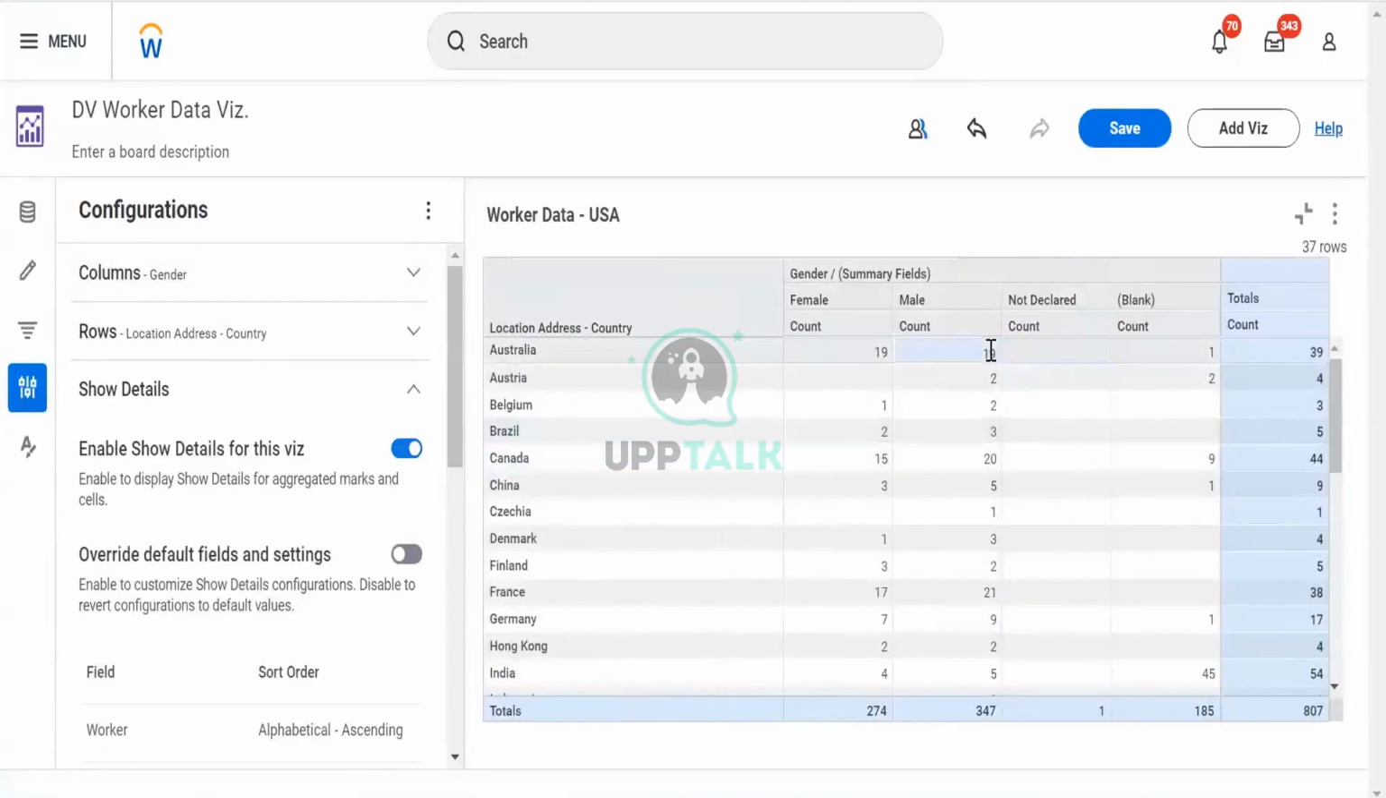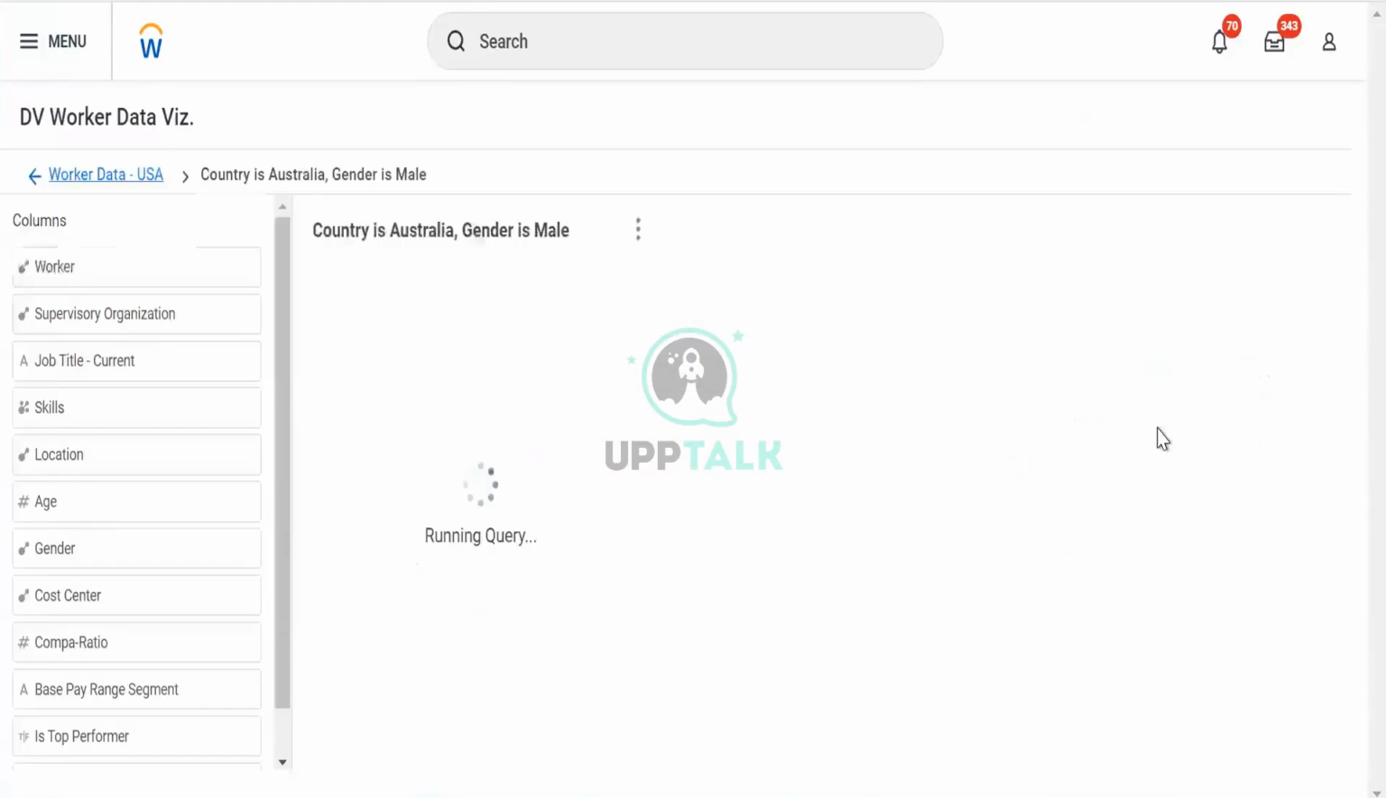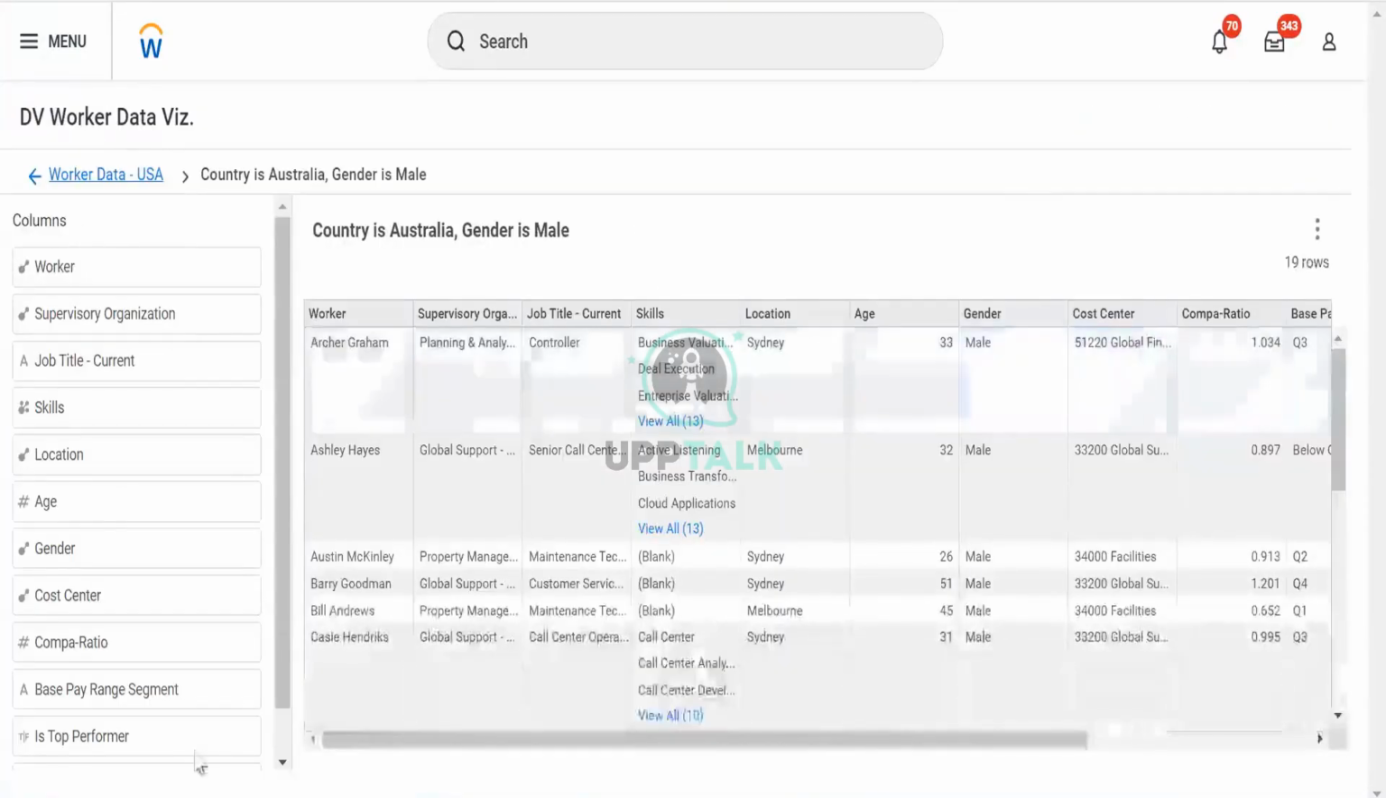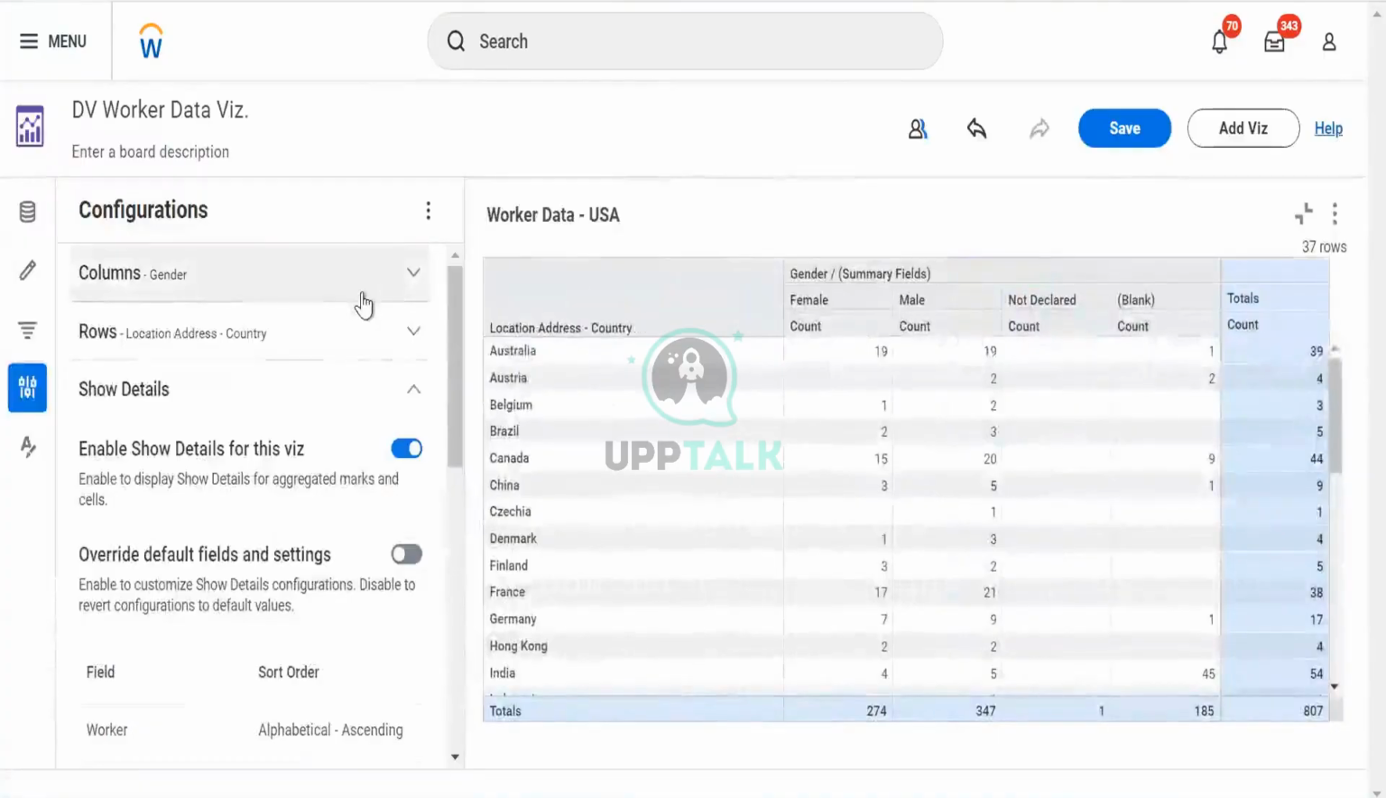Let's say I want to see the males. I will click on this and go to show details. It will show all the details for male workers for Australia. At a glance, we are seeing summarized data. But if at any time we want to go back and see the data in a more detailed way, we can use